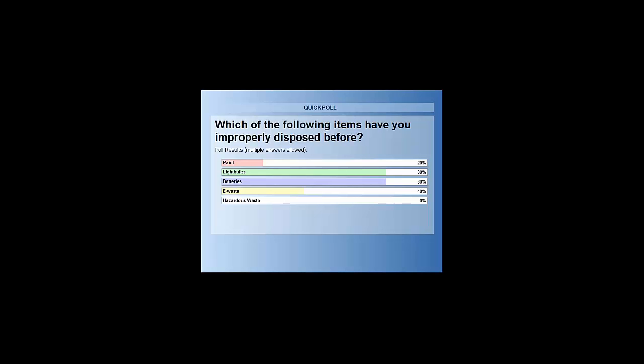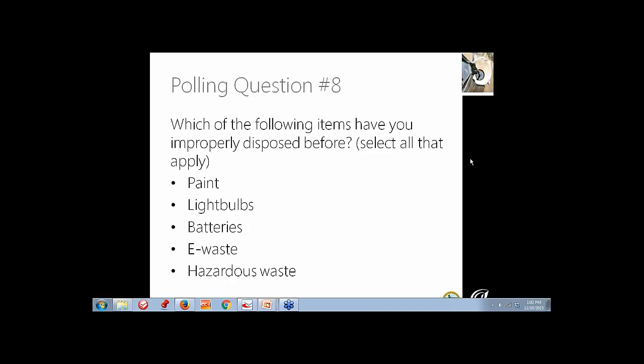Yeah, huge issues. You think of a small thing like a battery or a light bulb that we often change so frequently in the house, and there's not a lot of really convenient, easy systems to get rid of those. So I will talk about some of those a little bit in the wrap-up on the website, how you can find out more information on how to get rid of those.